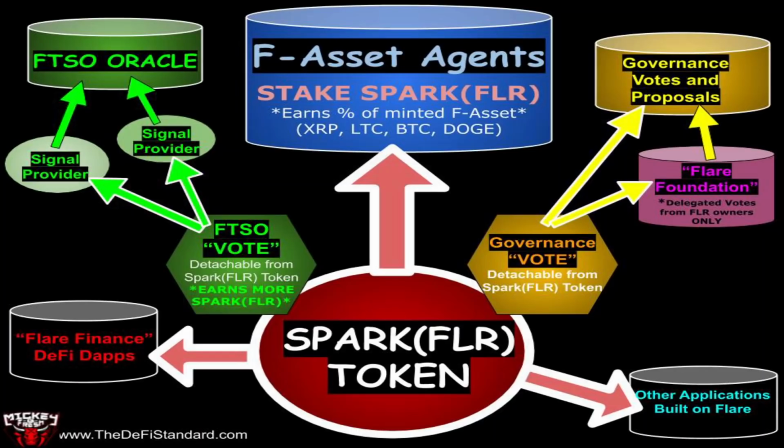To recap on the engineering design of the Spark token, its use case as collateral is going to drive demand for the asset to be held by others and to utilize it on the network as collateral and to earn yield. So this is going to pull away from those who want to swing trade, just dump on a quick speculation run. It's going to fall into the hands of those who want to participate, which is going to remove it from the secondary markets. And now it's important to note that